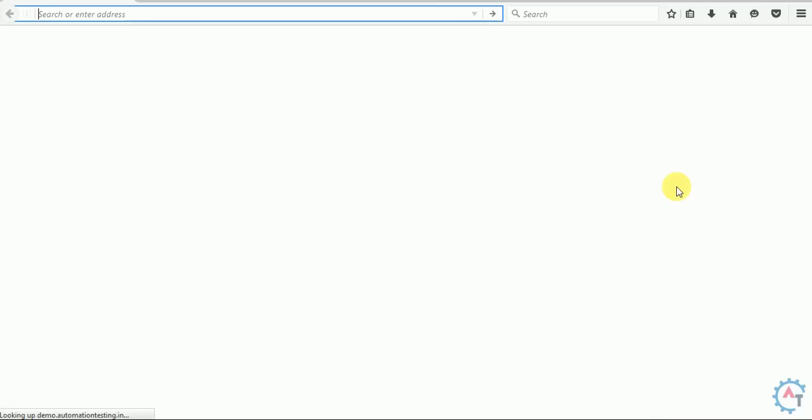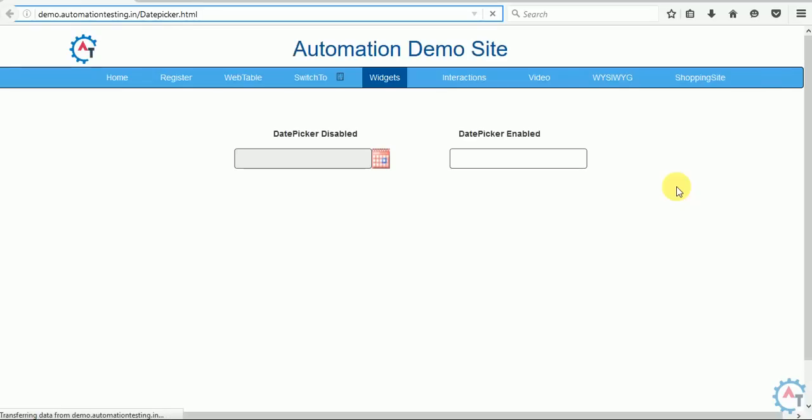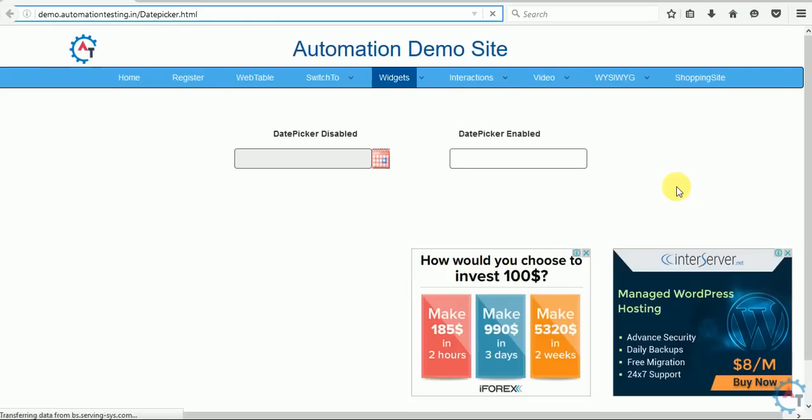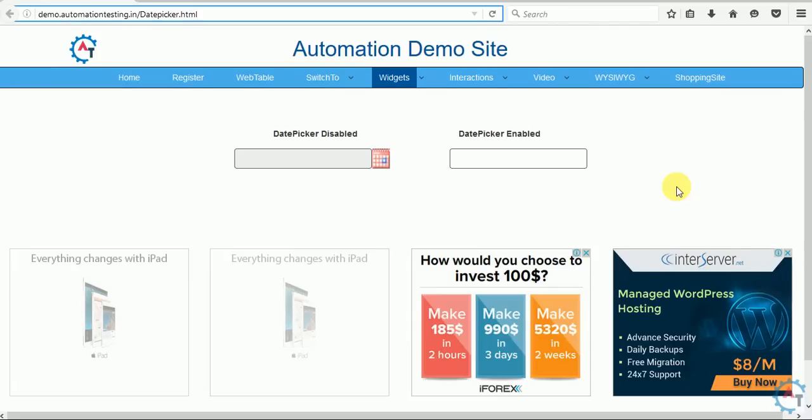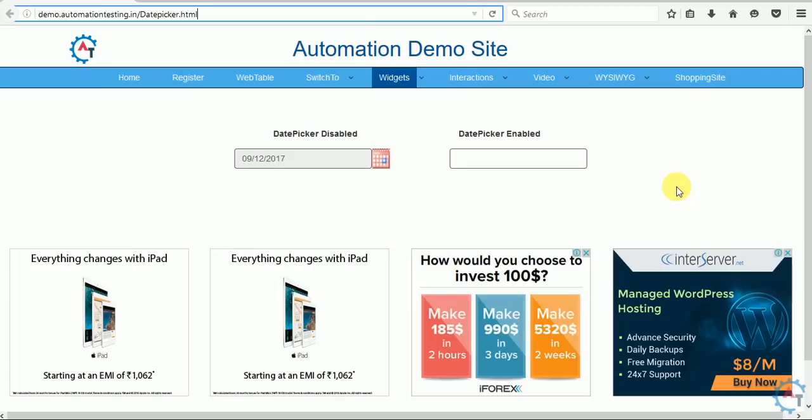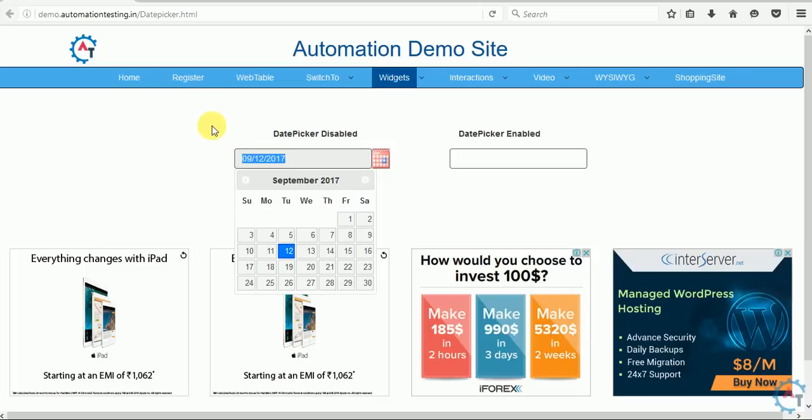It's navigating to demo.automationtesting.in, and then to the date picker page. Yeah, you see the page loaded and 9/12/2017 is entered in this.